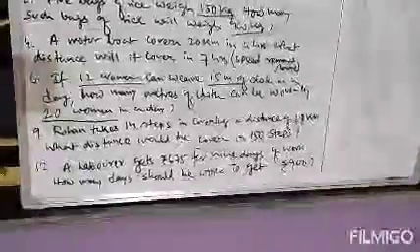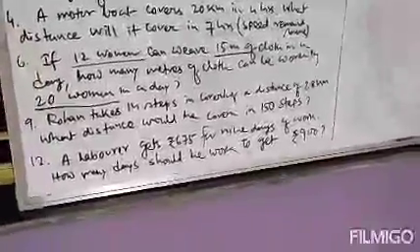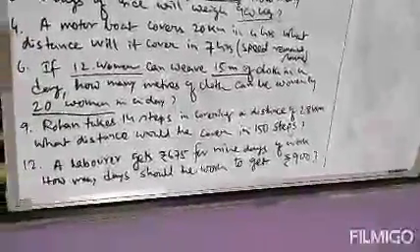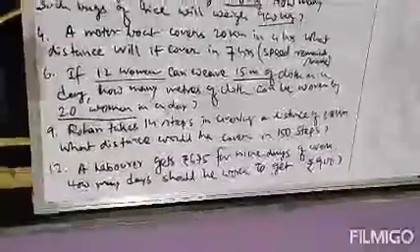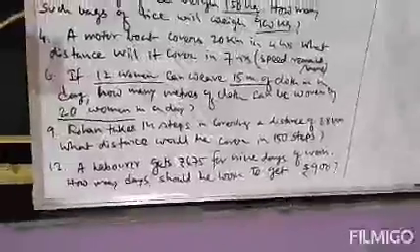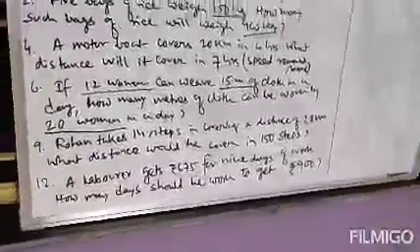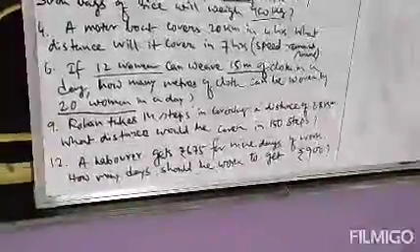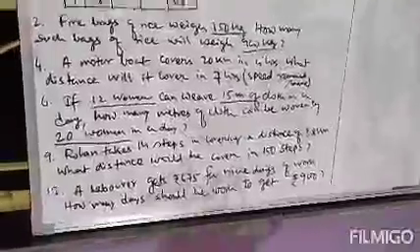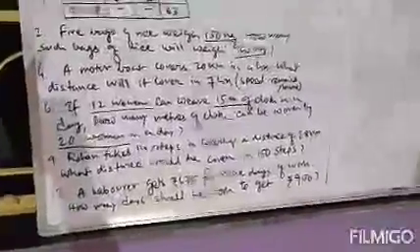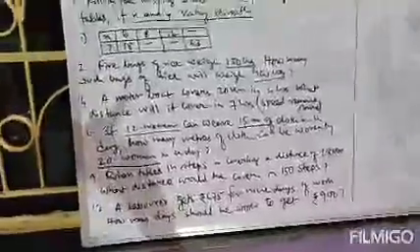So there are two quantities. One is your amount, that means the money the laborer got, and second quantity is your number of days. So that means in 9 days the laborer got rupees 675. So to get rupees 900, how many days should he work? So clearly, if he got rupees 675 for 9 days of work, to get rupees 900, the laborer will do extra work.